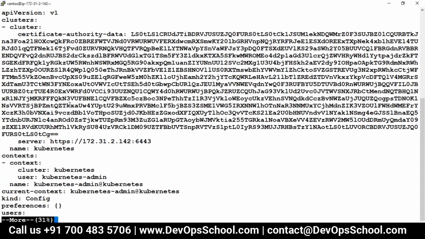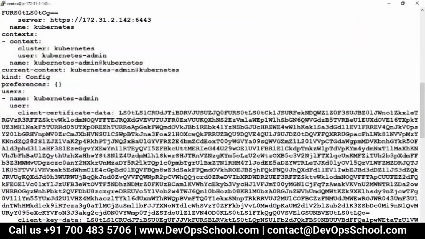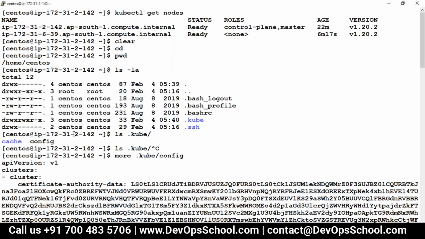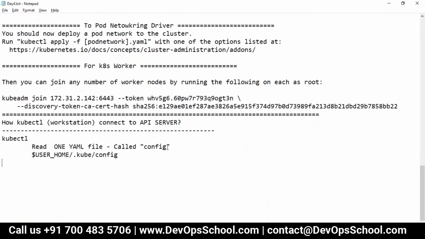See this file. This is the YAML file. Now guys, reading it is a little difficult because it also contains the certificate, which makes this file pretty large, but no problem, I'll teach you. So this file is important for connecting.